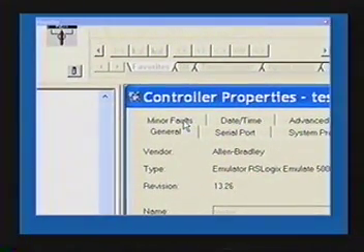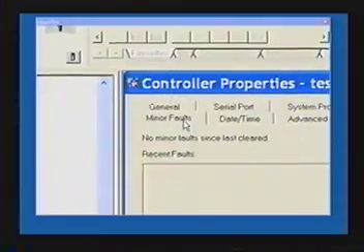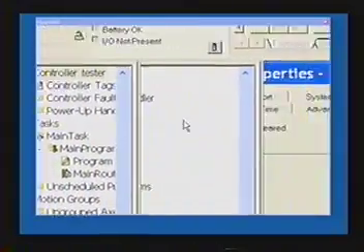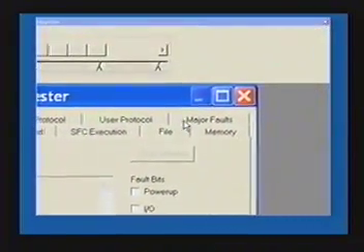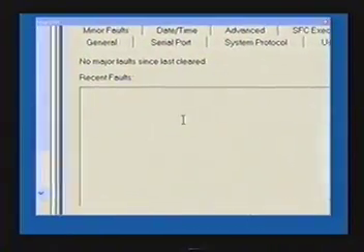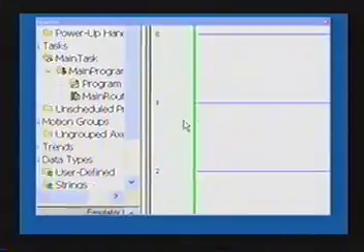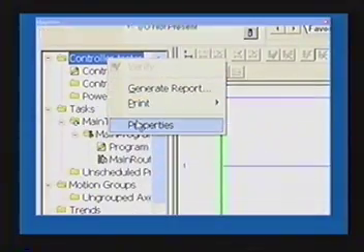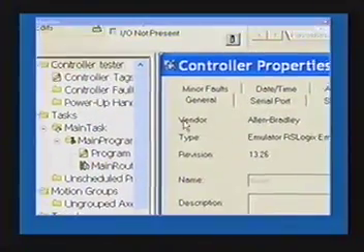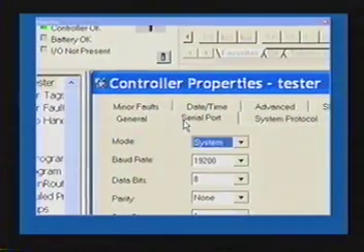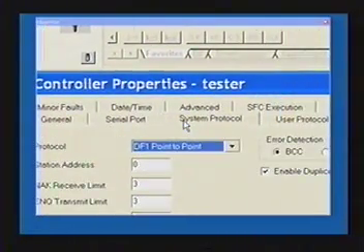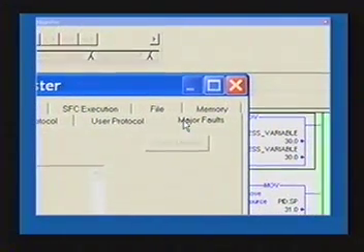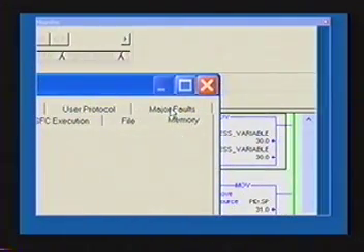And here we talked about faults, but you can actually go to this fault window and look at the different faults. Let's slide this over so that you know where to go. You can also go to major faults here. So again, let's cancel this and go back to that. You go controller, right mouse click, properties. Over here you can see the general, the serial, the set point, system protocol, user protocol, major faults, the memory,